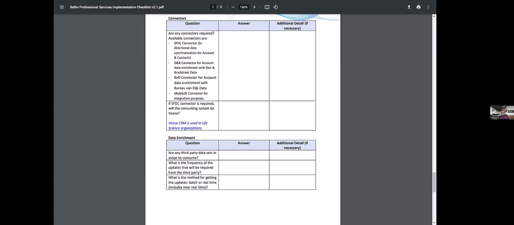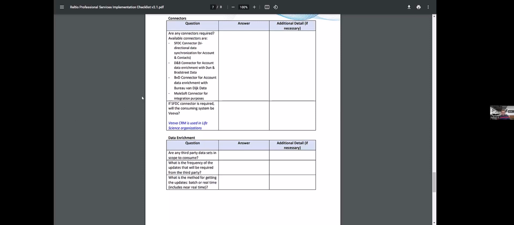And also, if you're talking about DNB, BVD, etc., these are third-party enrichment sources. So getting the licenses in place, having the keys ready, having the access credentials ready would also save a lot of time.